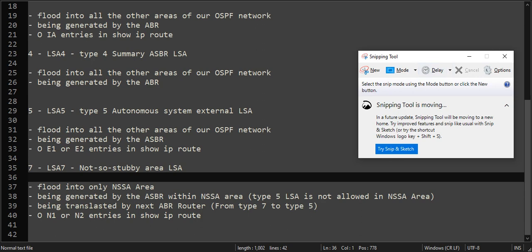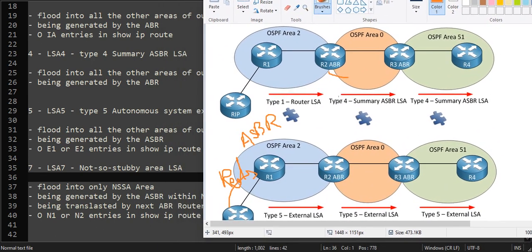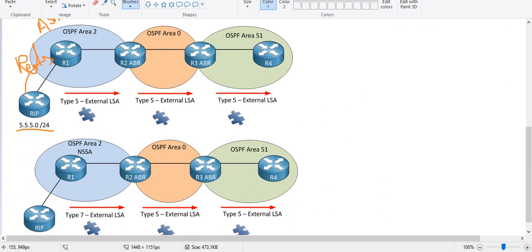What does it mean? Let me explain this. If I make this area NSSA, this is one kind of stub area,